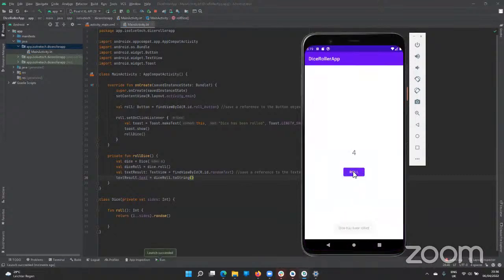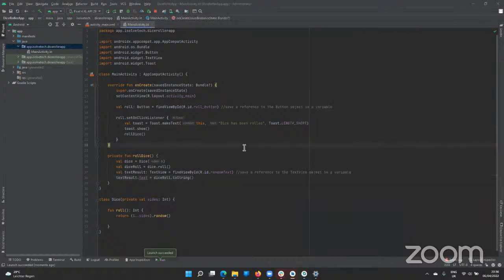Yeah, so when I click on roll, we have a 4. Click on roll again, we have a 6. So we have that random number, just like we had in the code. But now we have created an application that actually does that. Okay, so finally,